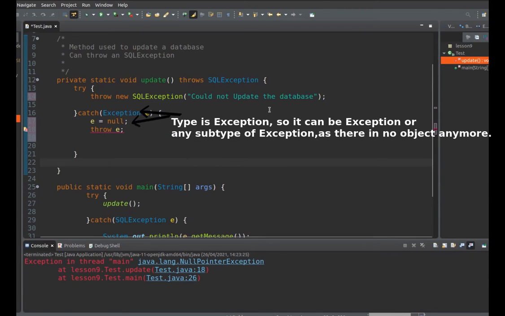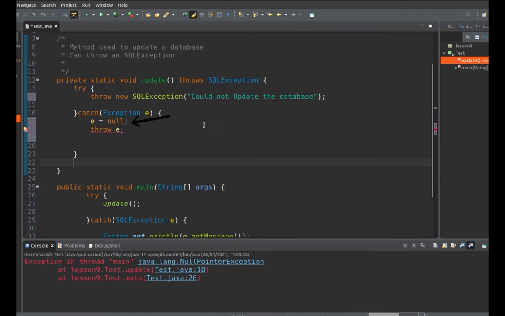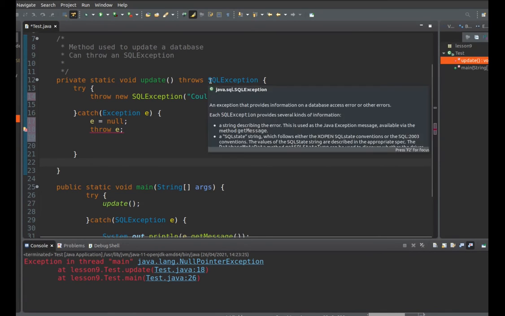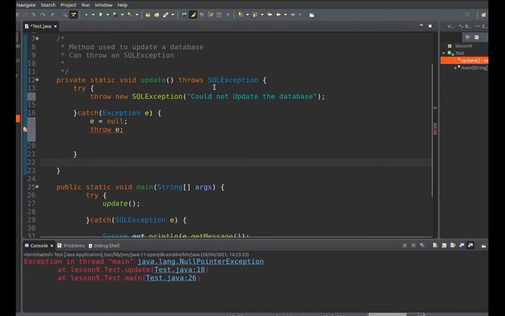Since I'm handling the SQL exception that I threw here. When you initialize, in this case I've assigned null to an SQL exception. It can be an exception of any type. And as I'm declaring that I possibly throw an SQL exception, and this could be of any type, it's going to give me